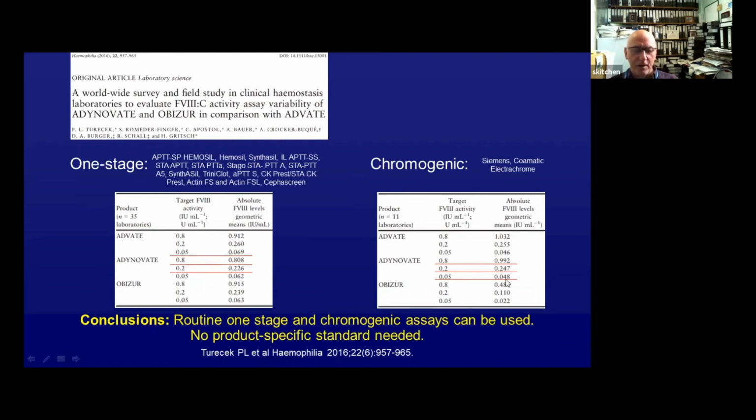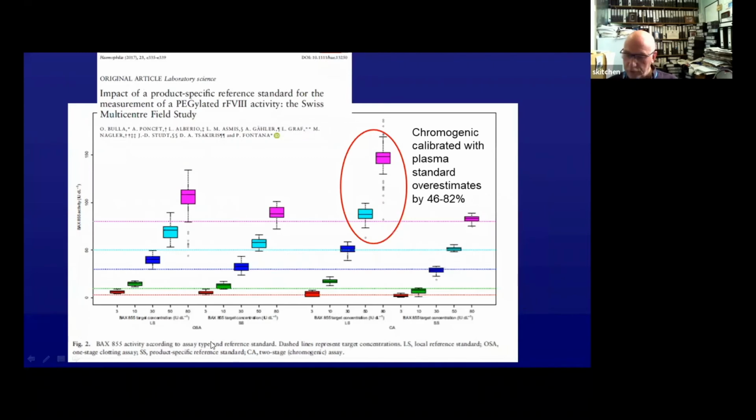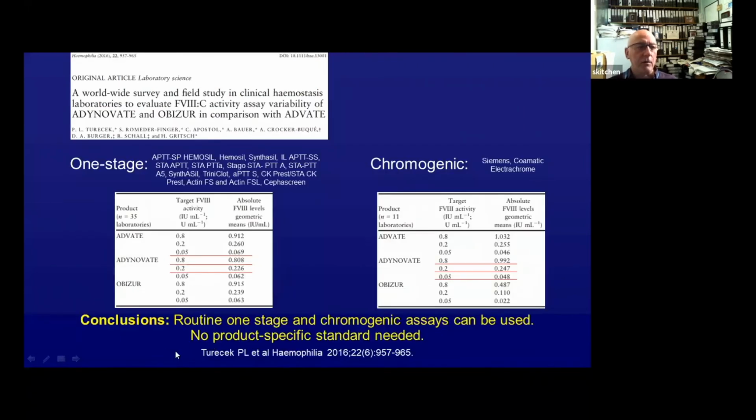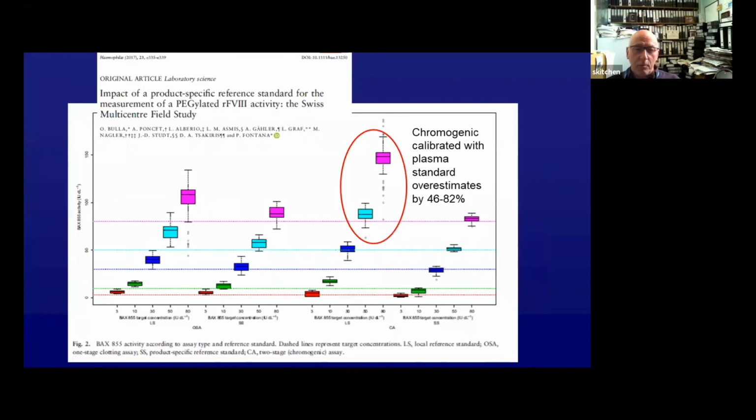In my opinion, that's close enough to be able to use any of those assays successfully. And these were the conclusions of this article. Routinely available one-stage and chromogenic assays suitable for use without need for a product-specific standard. However, there was a later publication from a Swiss group, a multilab study, I think 6 different laboratories, and they